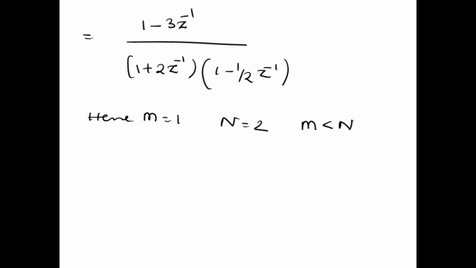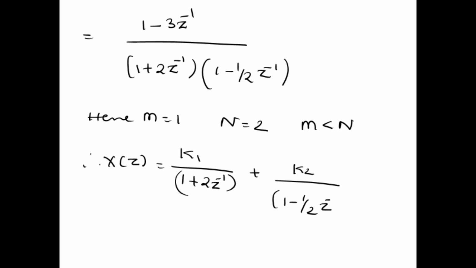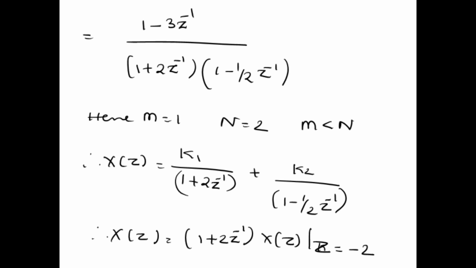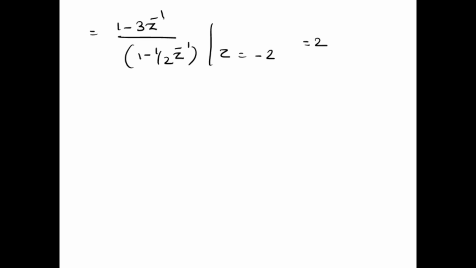So directly we can do the partial fraction. Therefore x of z is equal to k1 divided by 1 plus 2z inverse plus k2 divided by 1 minus half z inverse. K1 is equal to (1 plus 2z inverse) into x of z at z is equal to minus 2, which is equal to (1 minus 3 z inverse) divided by (1 minus half z inverse) at z is equal to minus 2, which is equal to 2. Similarly, k2 is equal to (1 minus half z inverse) into x of z at z